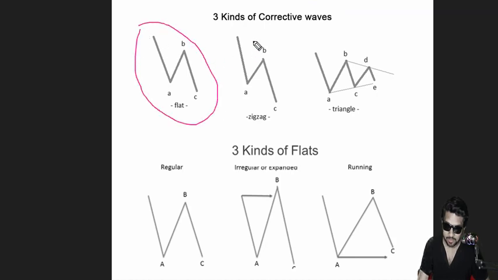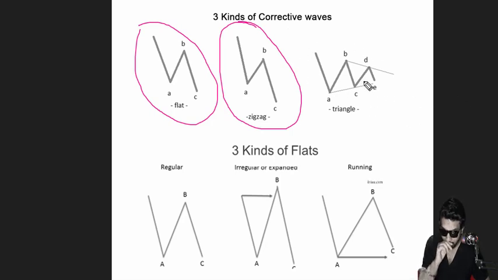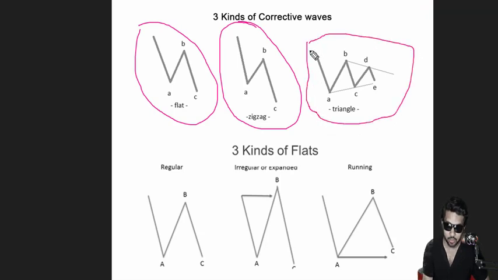First is flat, second is zigzag, which is normal ABC, and the third is triangle. In terms of wave 4, 80% of the time it consists of a triangle or complex structure. People get confused when it's not even going down and is just consolidating above the 0.382 Fibonacci ratio or 0.236 Fibonacci